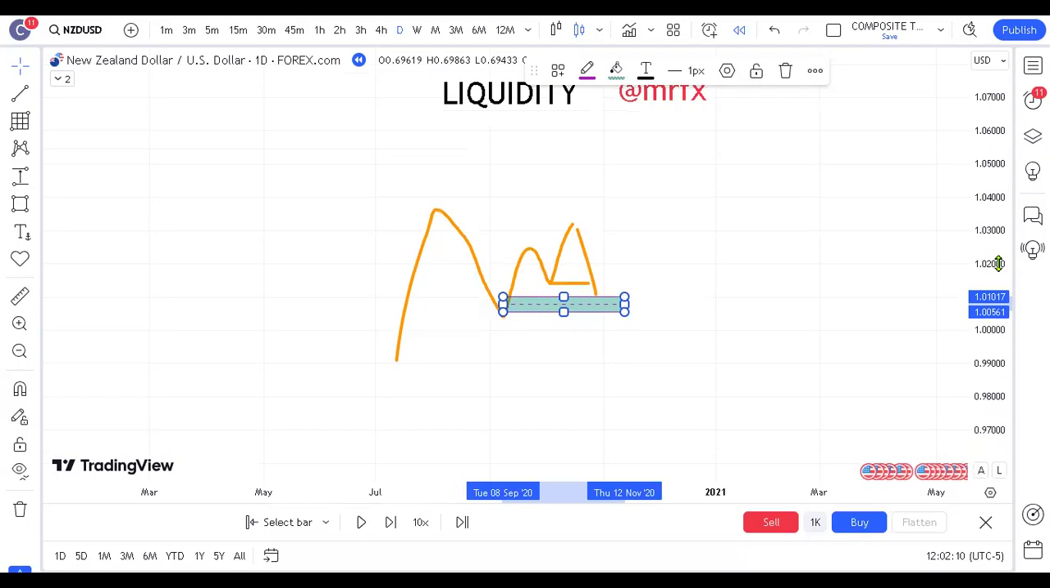So when you have a zone like this, you realize that it comes a time whereby you have the market structure attempting to come to your area, to your zone of interest. And if it comes to that zone of interest, for example, here, when you have a level like this,